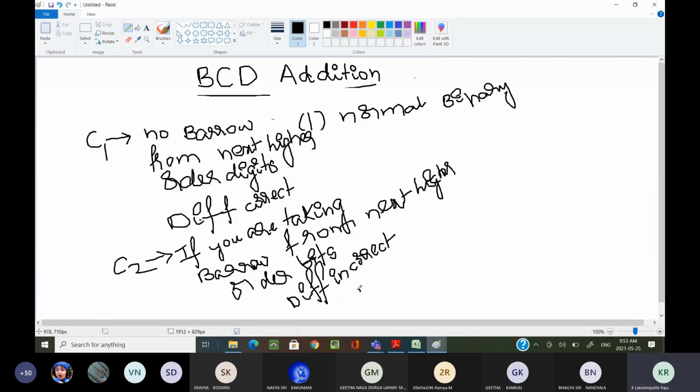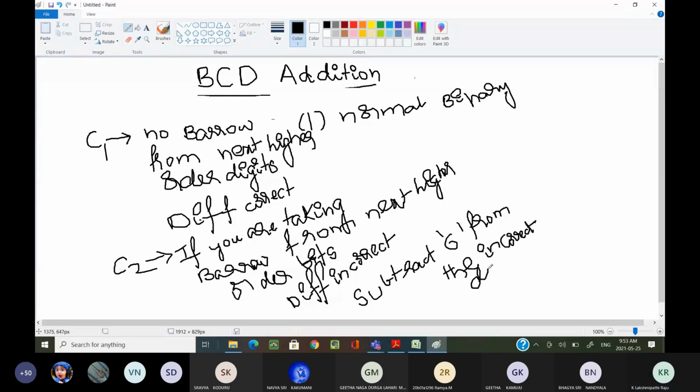We subtract 6 from the incorrect difference.